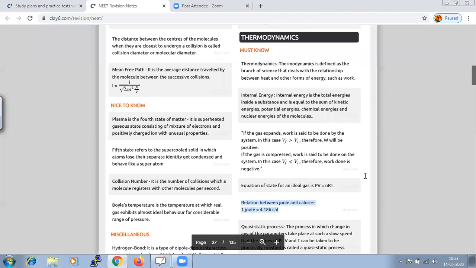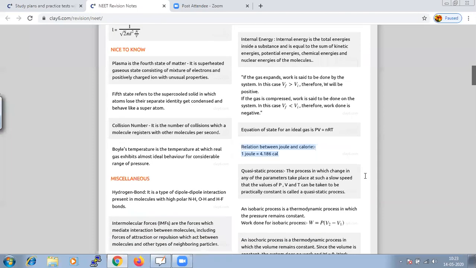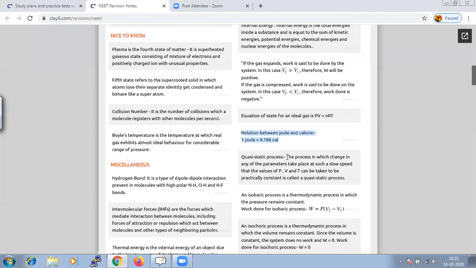And when we say quasi-static process, it is a process in which change in any parameter will take place at such a slow speed that the value of your pressure, volume and temperature can be taken to be constant. Whenever we have a change in process, but the transformation is very slow, pressure, volume and temperature can be taken practically to be